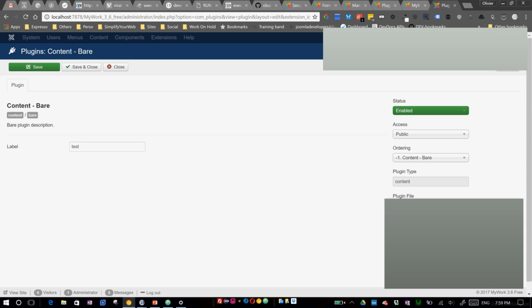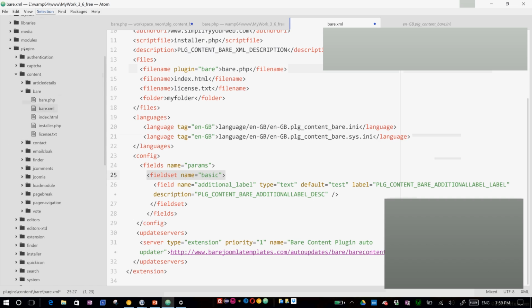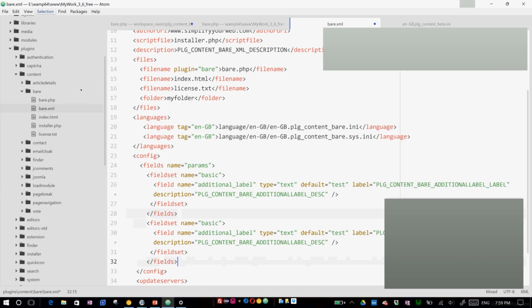But you can add other tabs from here. If I was going to call it test with the same parameter,